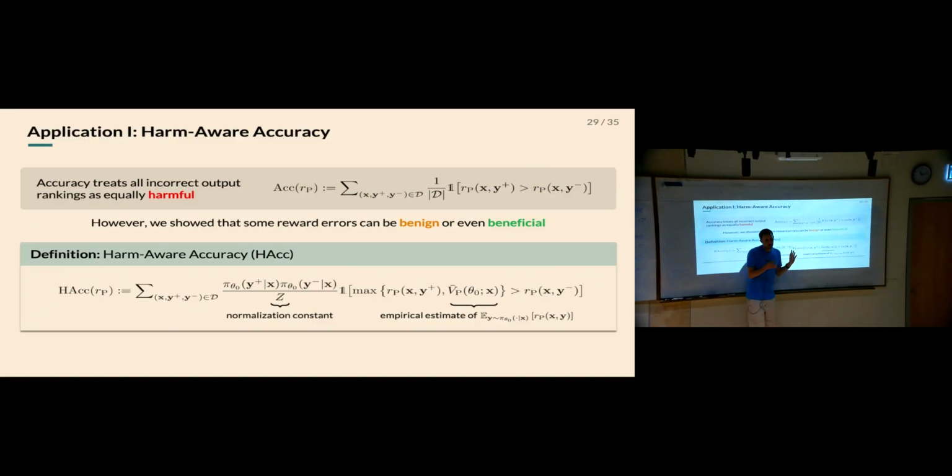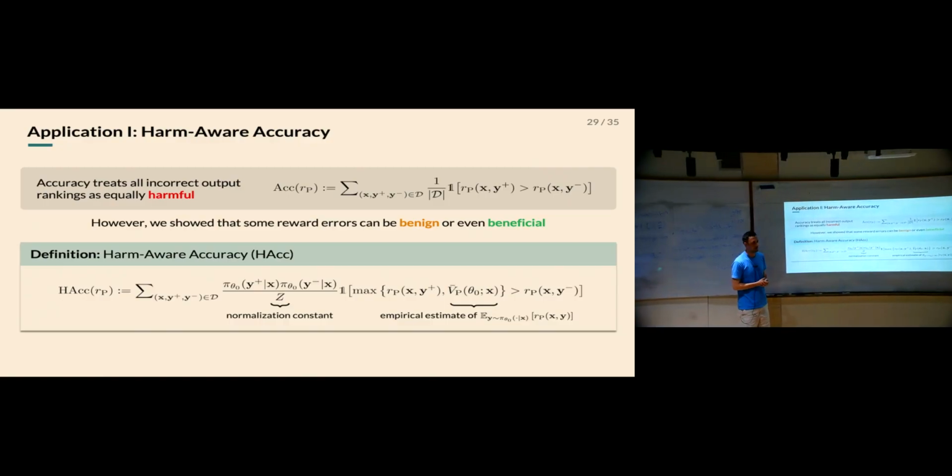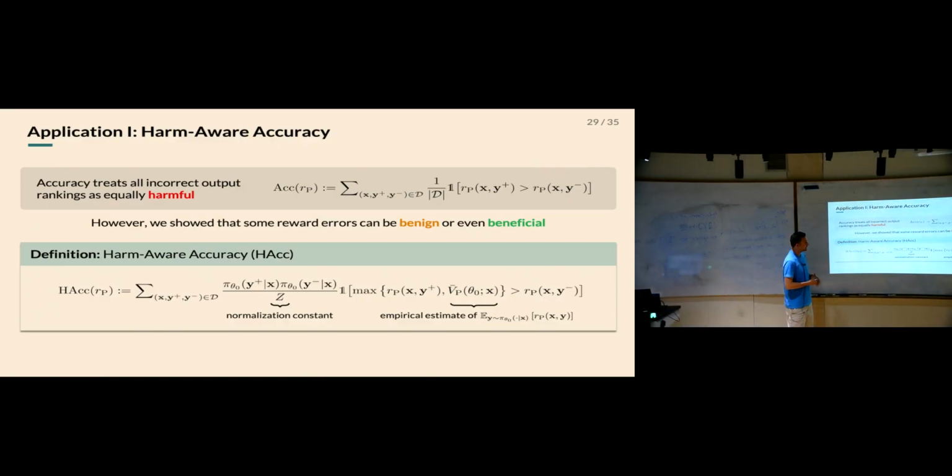So maybe this is also benign, in some cases maybe even beneficial, so we shouldn't really count that as an error. Now these are the two simple modifications that we make, and this is what you can call a harm-aware accuracy measure,